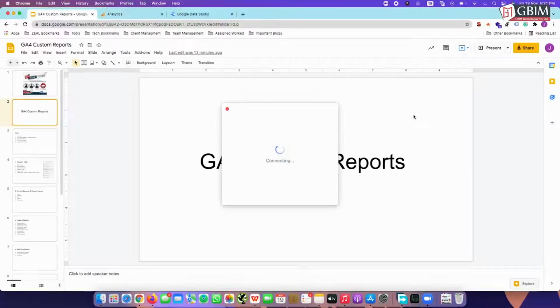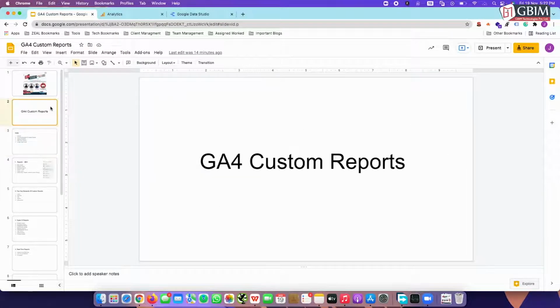So now let's get started. As I was saying, we have collected all that data in our past sessions. Now let's make use of that data. We can use that data in a representation, which is also known as reports. In UA and GA4, there are reports and custom reports. Reports are templates offered by Google, which we can use for an easy representation.